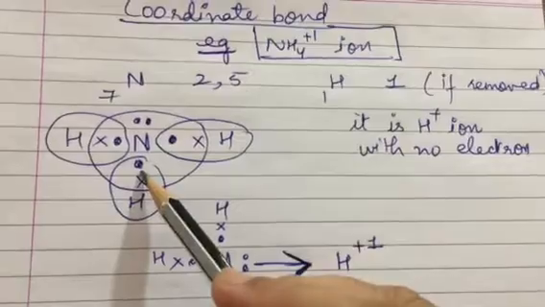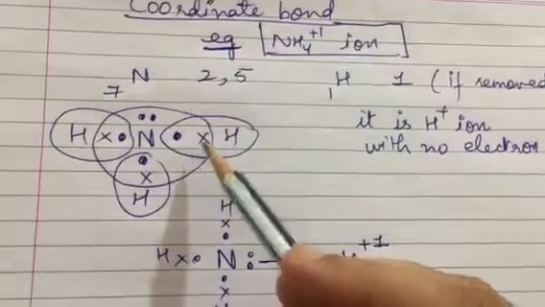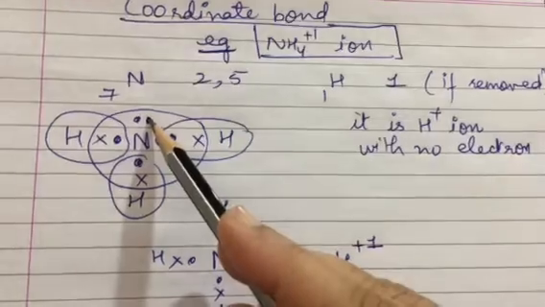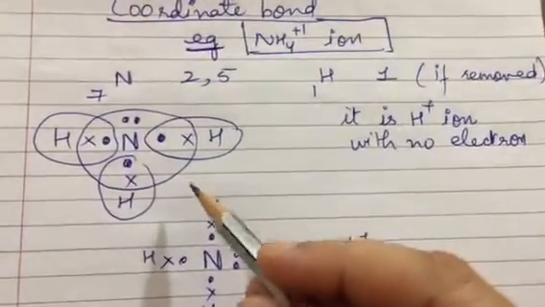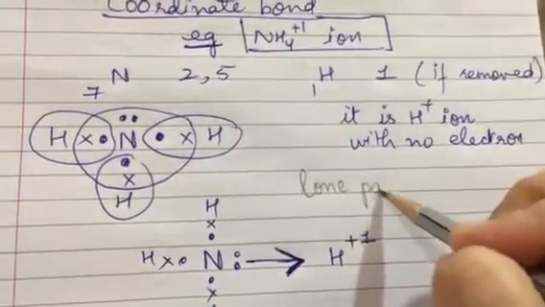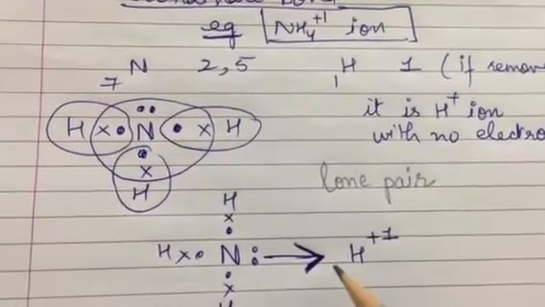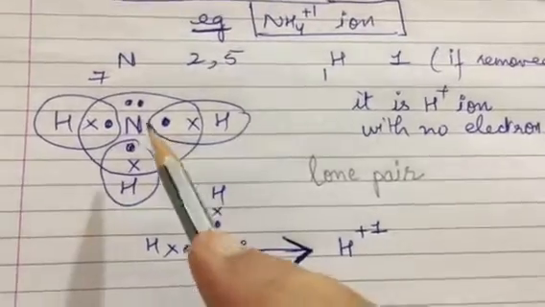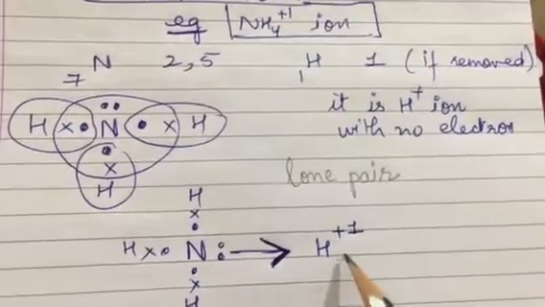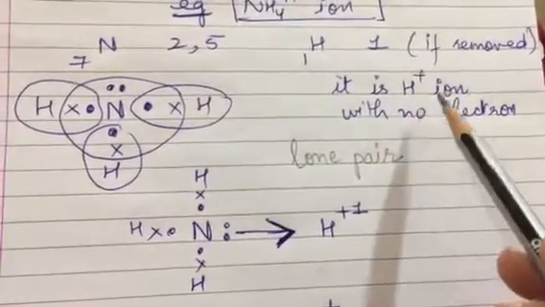With 3 of its electrons, it forms a shared bond, the covalent bond, with the hydrogen atoms, and one pair of electrons is left behind, which is known as the lone pair of electrons. The lone pair of electrons does not get involved in the covalent bond formation and is spare with the nitrogen atom. Meanwhile, if an H plus ion approaches the ammonia molecule, H plus ion would be formed by the removal of